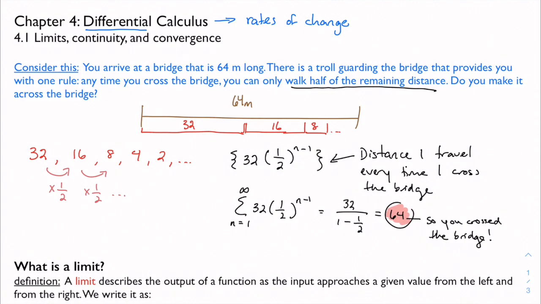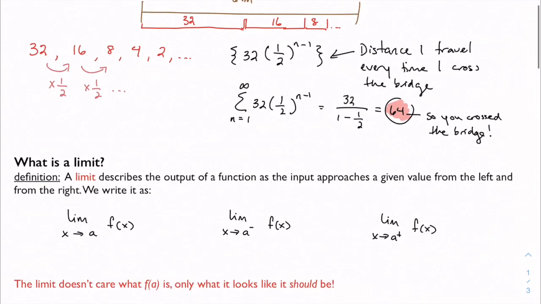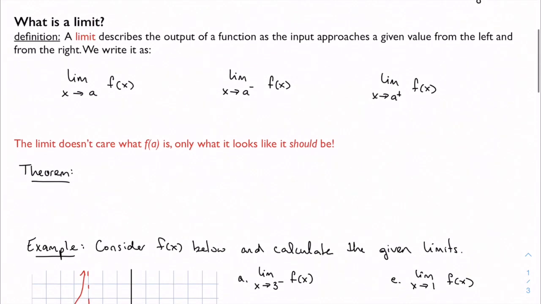And that is what we're talking about when we're talking about limits. We're not talking about the actual value, right? We're not talking about, oh, look, I clearly made it across the bridge, or I didn't. We're talking about, well, theoretically, it looks like you're going to cross the bridge, and that's what we care about here. So the limit describes the output of a function as the input approaches a given value from the left and